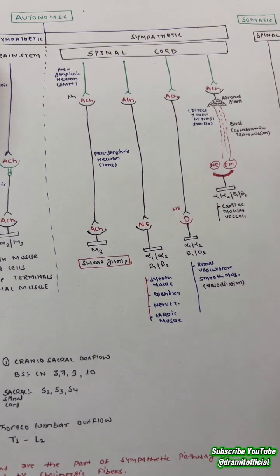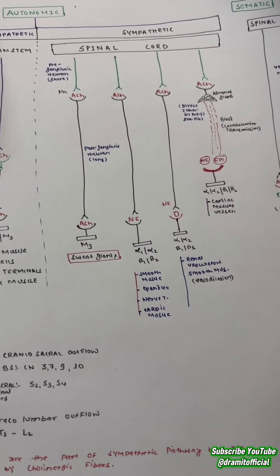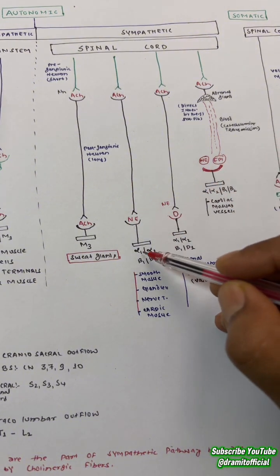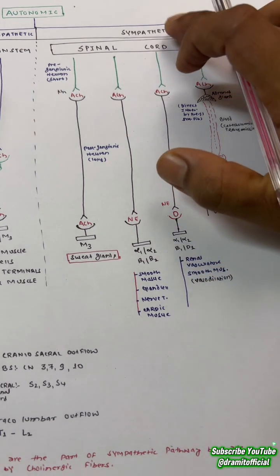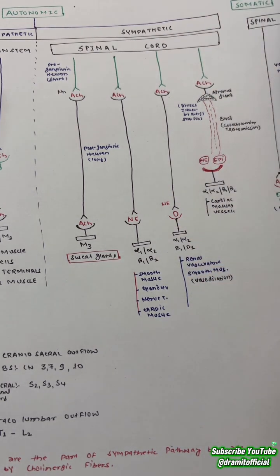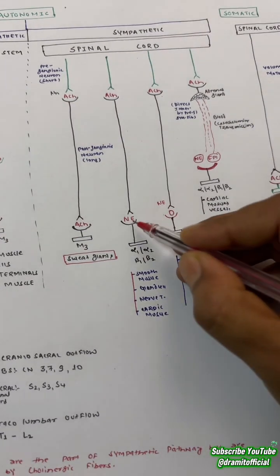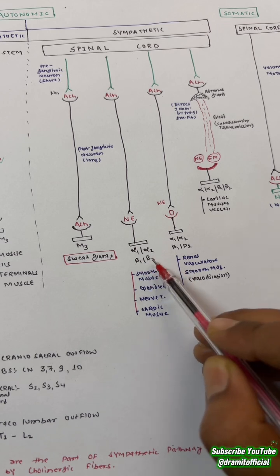So in case of parasympathetic, the postganglionic neuron releases ACH, but in case of the sympathetic nervous system it releases norepinephrine. Now this norepinephrine binds to the adrenergic receptors. As we all know, adrenergic receptors are the receptors of the sympathetic nervous system, and muscarinic receptors are the receptors of the parasympathetic nervous system. So when this norepinephrine binds to these adrenergic receptors called alpha 1, alpha 2, beta 1 or beta 2, it